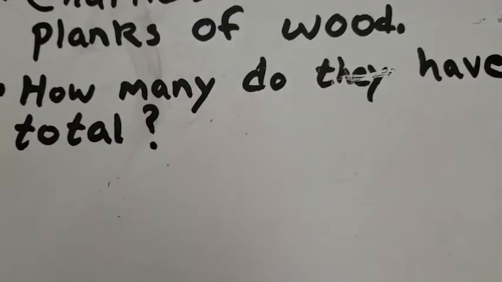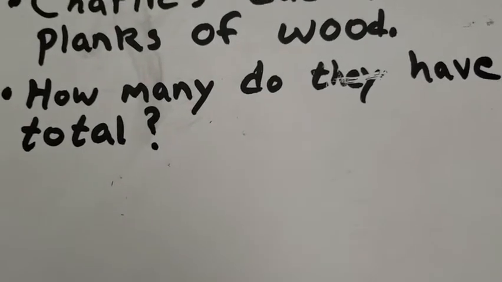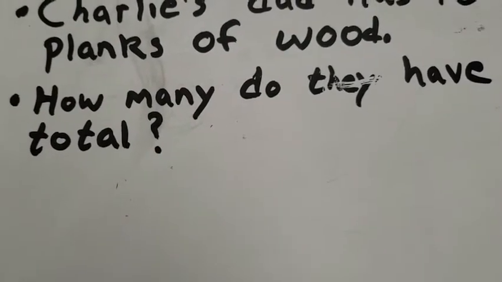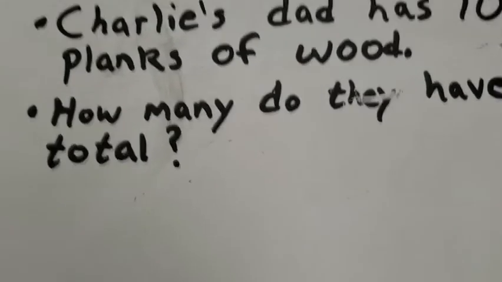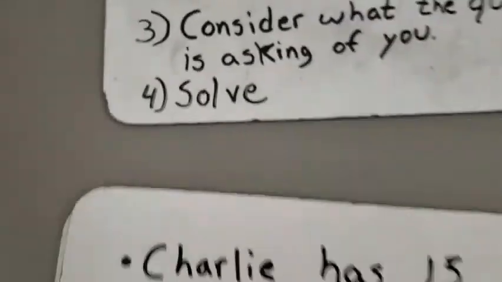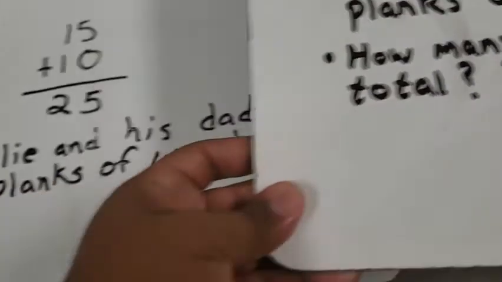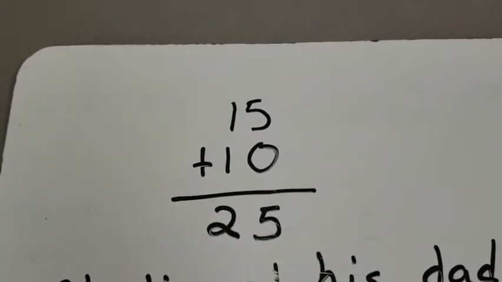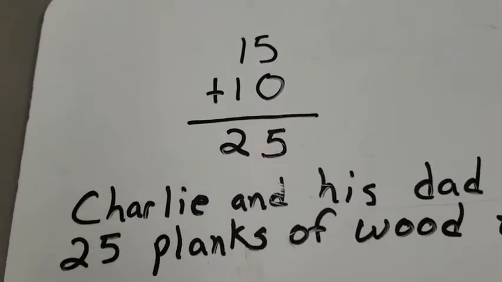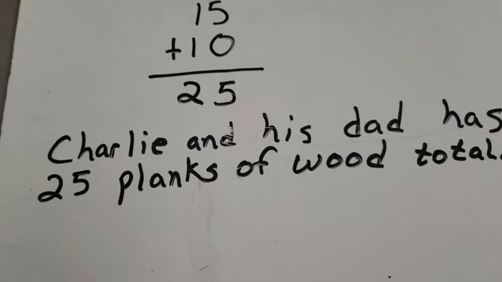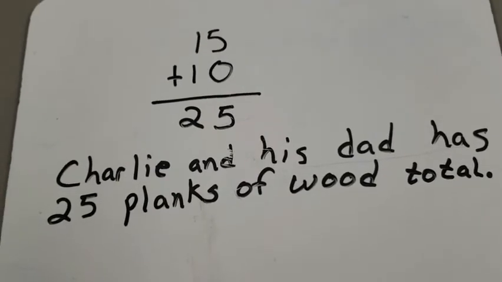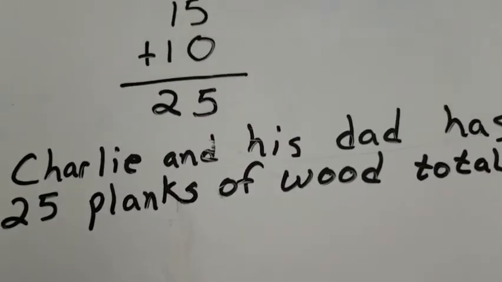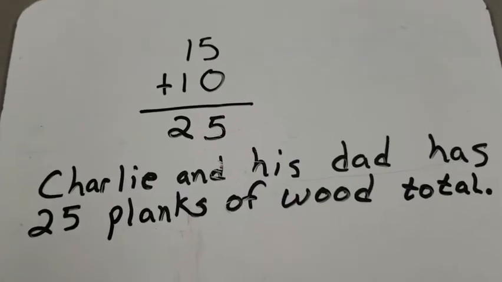Well, this is the question. How many do they have total? And when I hear the word total, I'm thinking adding. I need to find a sum. I need to add. And finally, number 4 is solve. So this is how I solved it. I did 15 plus 10 is 25. So my answer is Charlie and his dad has 25 planks of wood total. And this was all easy for me to do because